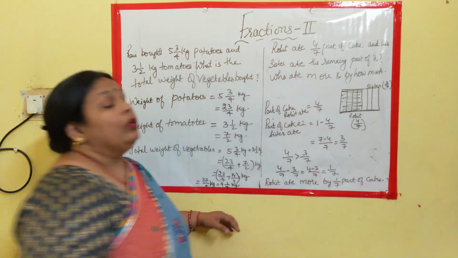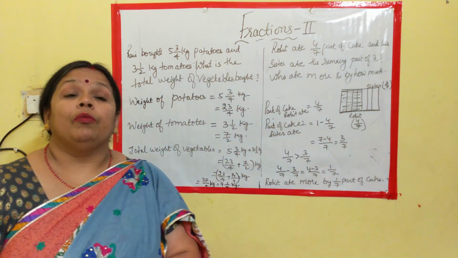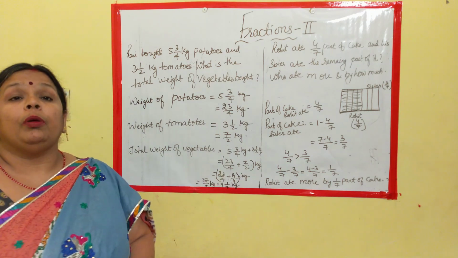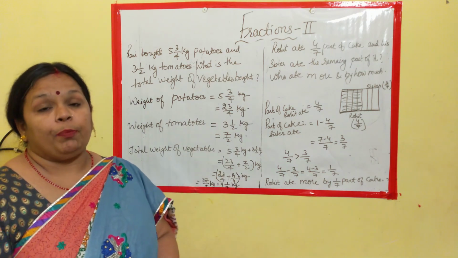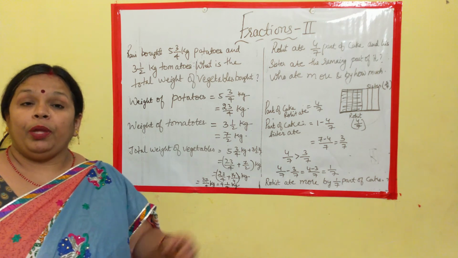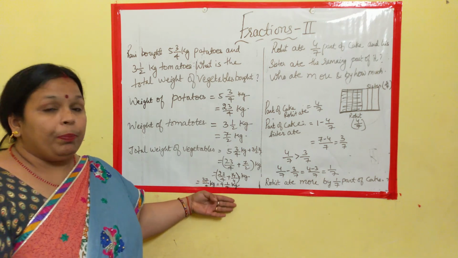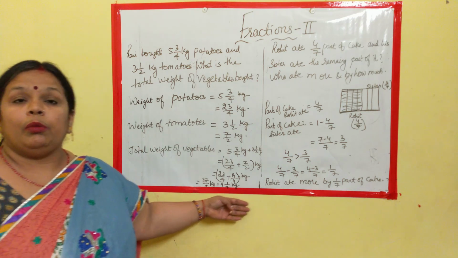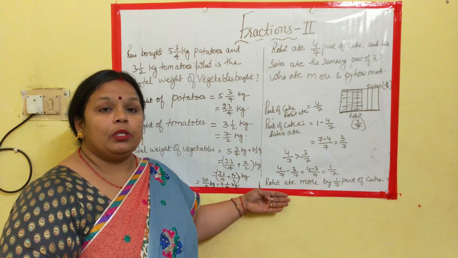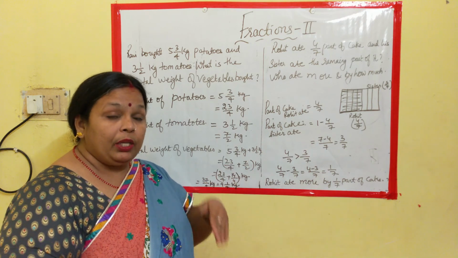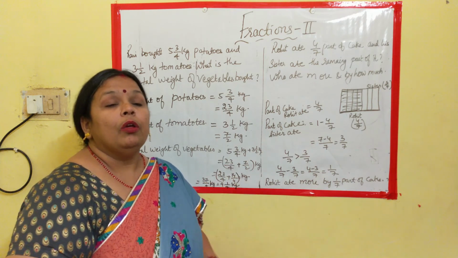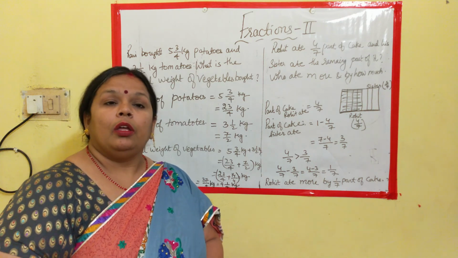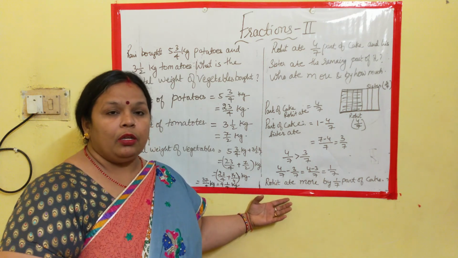Clear? So with this we have seen a variety of examples: addition, subtraction, word problems, what to be added, what to be subtracted. Now we will be ending our session here. Keep practicing similar problems and do solve the assignment based on this. We will be meeting in the third part of the fraction, where we will be discussing multiplication and division of fractions. Keep practicing. Thanks for now.